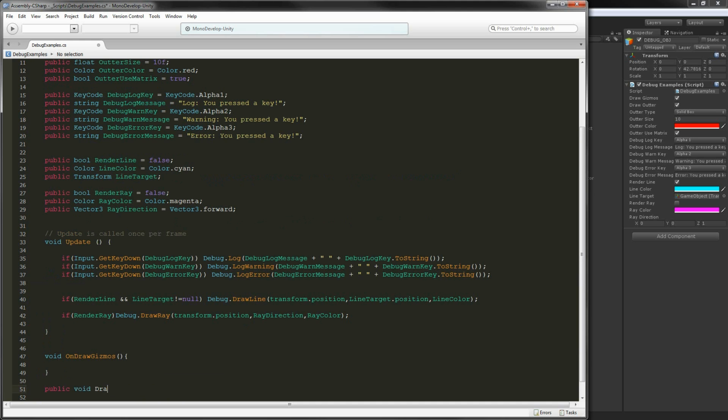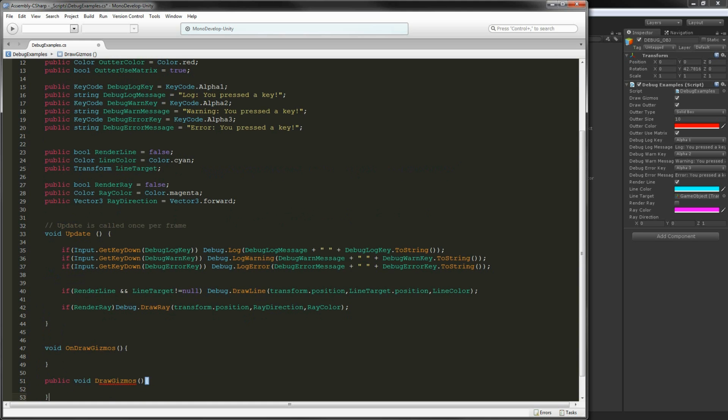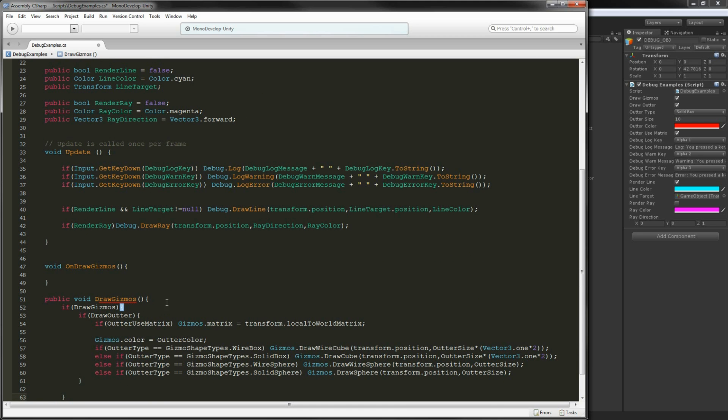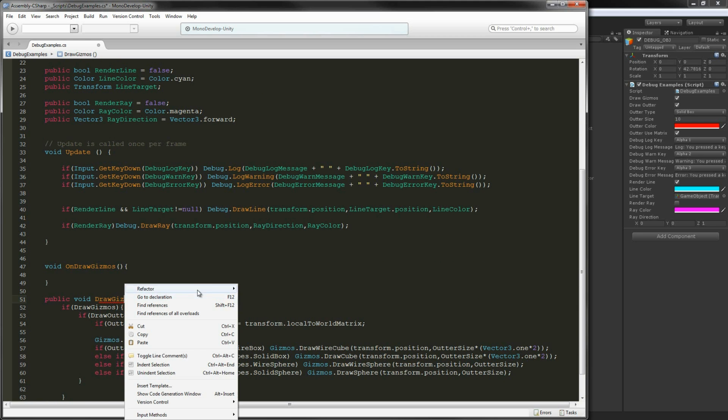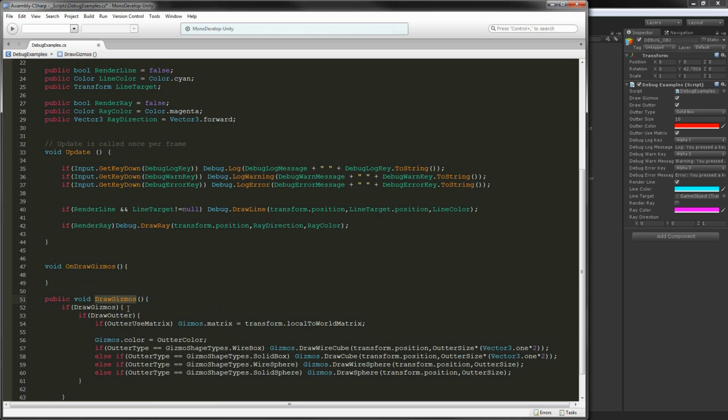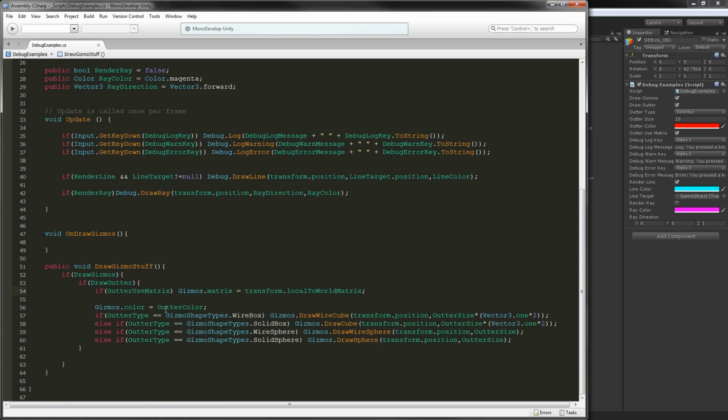and we're going to say public void draw gizmos, which, by the way, I don't believe is an inherited function. I don't think that is a function that is going to be run by the engine. So we're going to take all this to draw gizmos is a bool that we have. Fine. We're going to say draw gizmo stuff. Boom, done. Perfect. All right. And this is going to handle all of our stuff. We're still going to have to do this stuff twice, but we're not going to have to